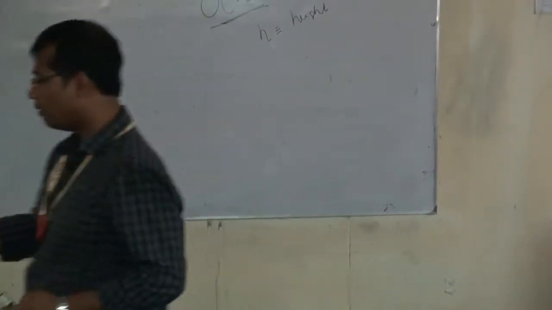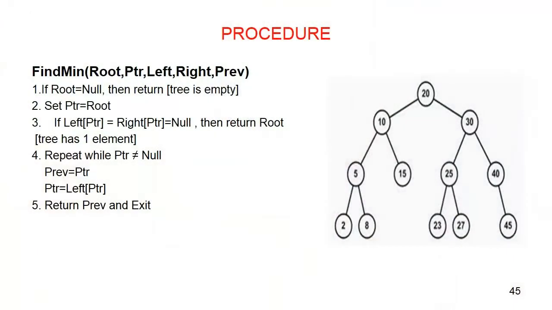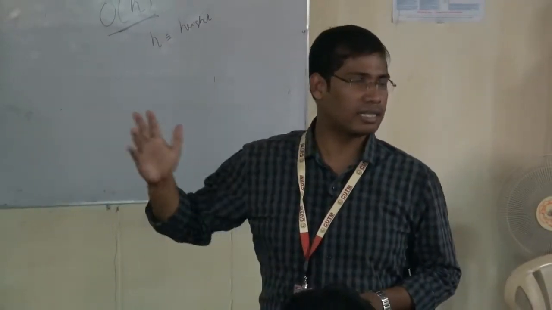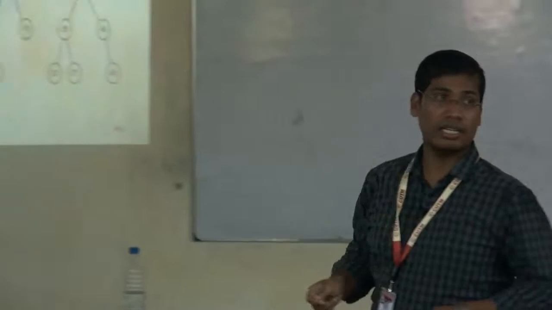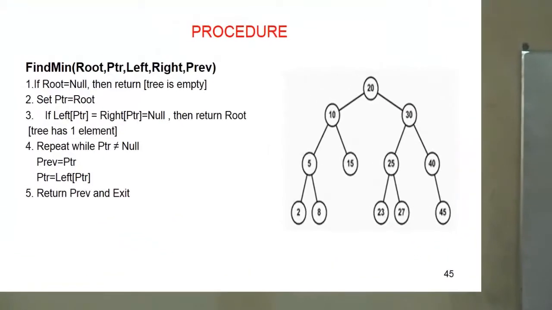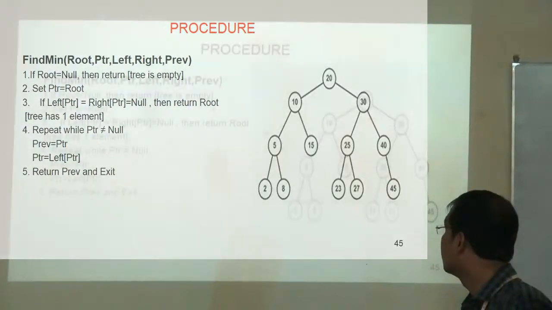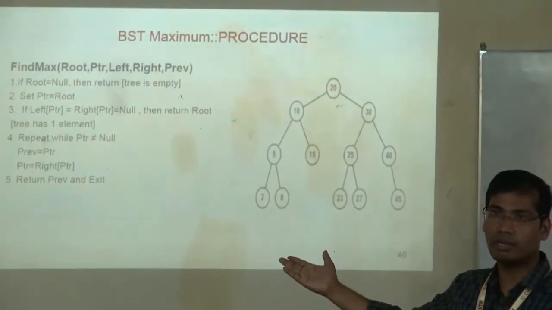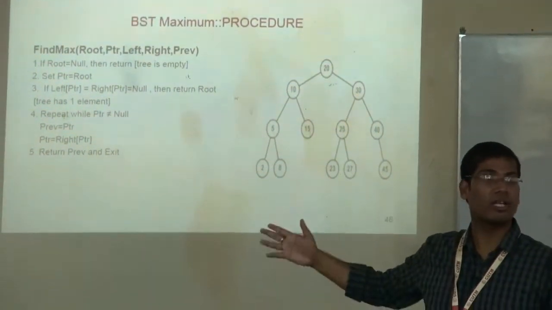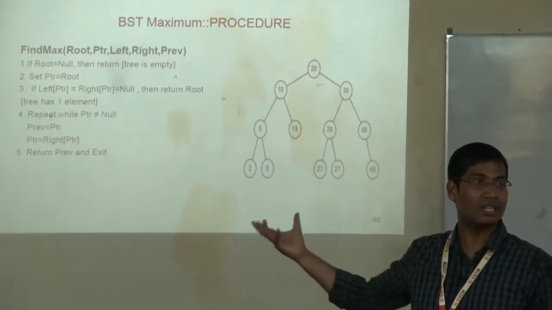For this procedure the algorithm is there and it is very obvious. All the points you can easily understand. So I am giving this as an assignment for you. All the steps are very simple. Please take this algorithm as an assignment and simulate it, so that you can easily find the minimum element and maximum element of the tree. Start with the root, keep moving right, stop if the node does not have any right child. That is the maximum.